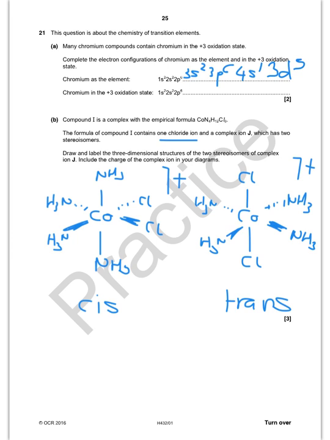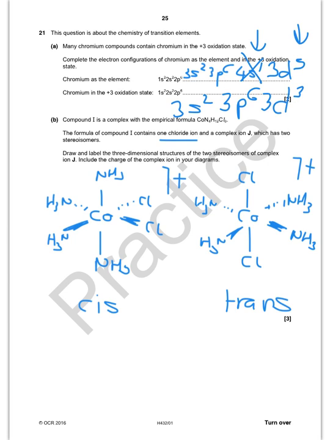Okay, so we now have a question about chromium. So first of all, we want to work out the electron configuration of chromium as an element. Now remember, chromium is one of the odd ones in that you have 1 electron in the 4s subshell and then 5 in the 3d. It puts your electrons half in the 4s and half in the 3d, so they're both half filled. Then when you do the 3+ oxidation state, you're going to lose your 4s completely and you're going to lose 2 from 3d. So it's going to be 3s2, 3p6, 3d3,